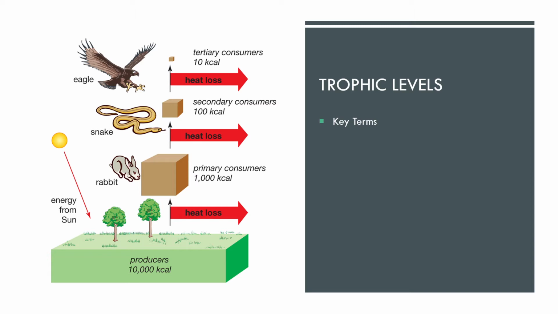So we were just talking about food webs, food chains. What we're going to talk about now is some key terms that are going to be given when we talk about trophic levels. We discussed a little bit about what the organization looks like within a trophic level. Let's break it down a little bit. Some key terms that we can get from this.